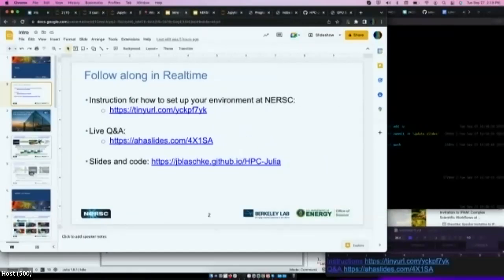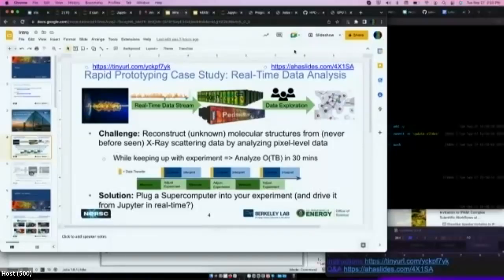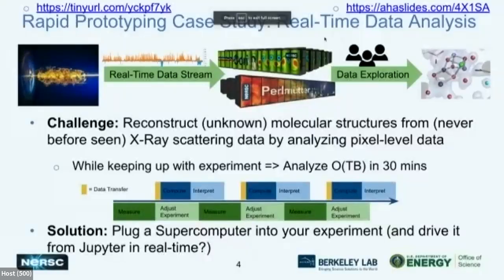If you remember, I was showing this slide of a real-time data processing workflow, and I was trying to motivate the idea that we need to be able to program on an HPC system in such a way that we can make rapid changes to the code and iterate through those rapid changes. So basically high productivity coding without sacrificing any performance. And that second bit about not sacrificing any performance is, I think, key here,